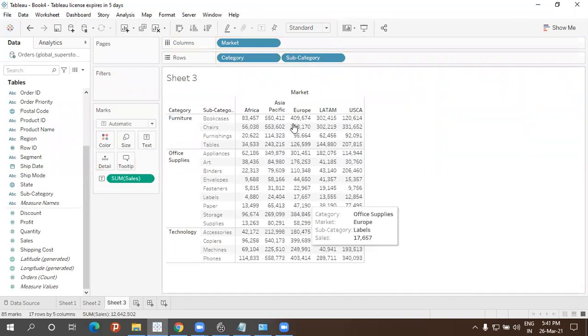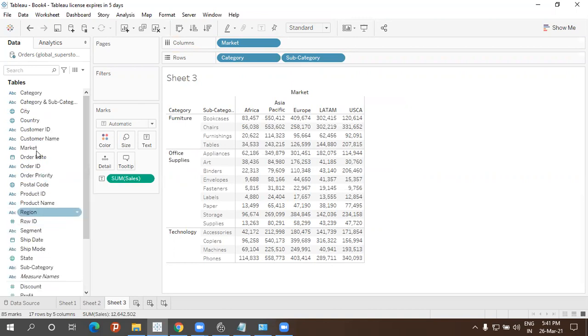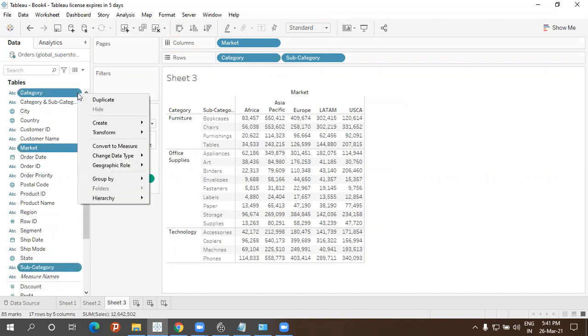This will be the values. So when I'm not combining, and when I combine, how it has to come. What I'm going to do: market, selected, subcategory and category. Create a combined field.